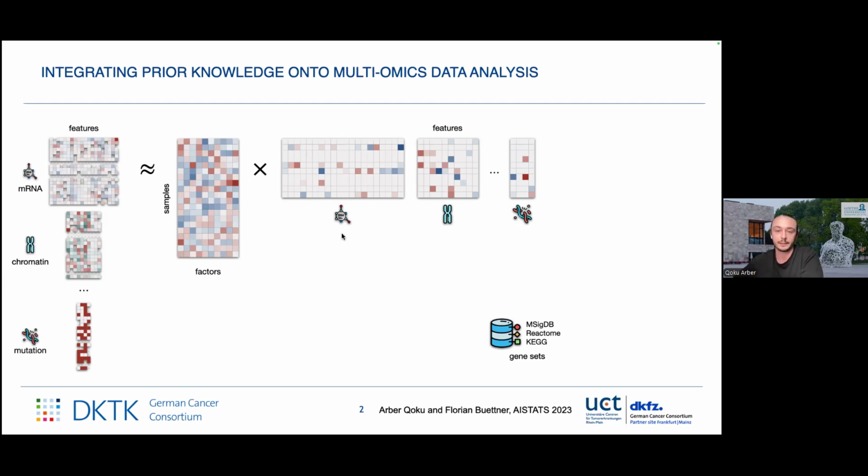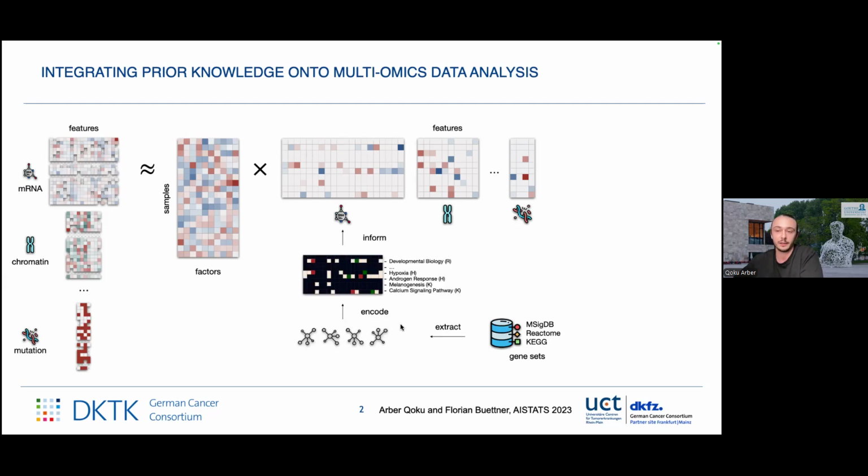What we propose is taking this vast public domain knowledge, such as the gene set collections, and providing it to the model as a training context. This context should then guide the model to infer latent factors that align with our understanding of the data. For instance, if we're interested in quantifying whether a subgroup of cancer cells exhibits high levels of hypoxia, let's say we have a bunch of patients with lung cancer, we can provide a set of genes that are triggered or activated in a very hypoxic environment, and then let the model quantify the levels of hypoxia for each sample, in this case for each patient.